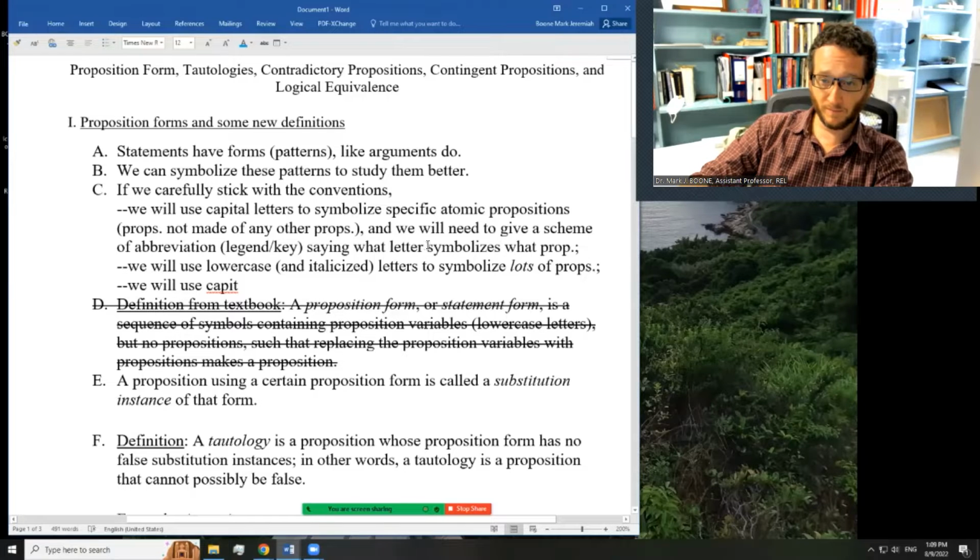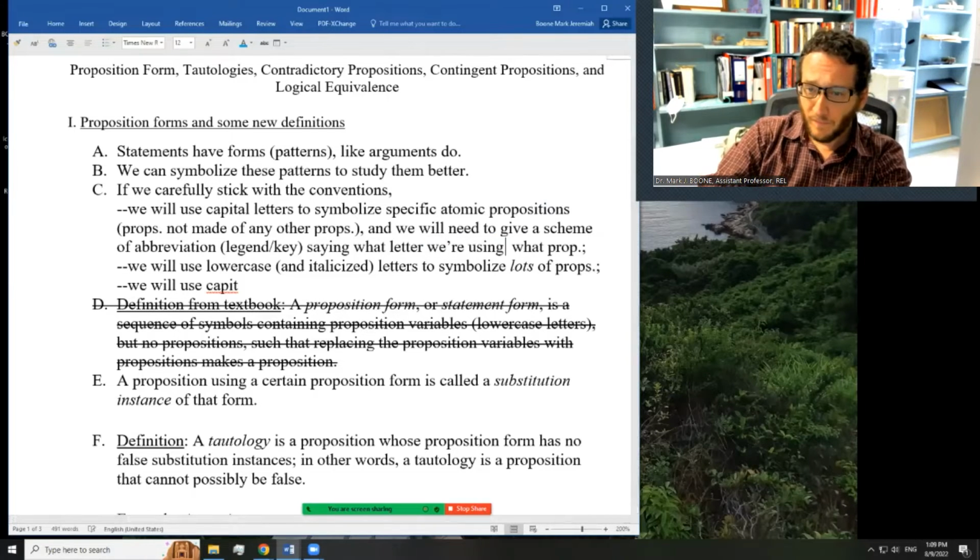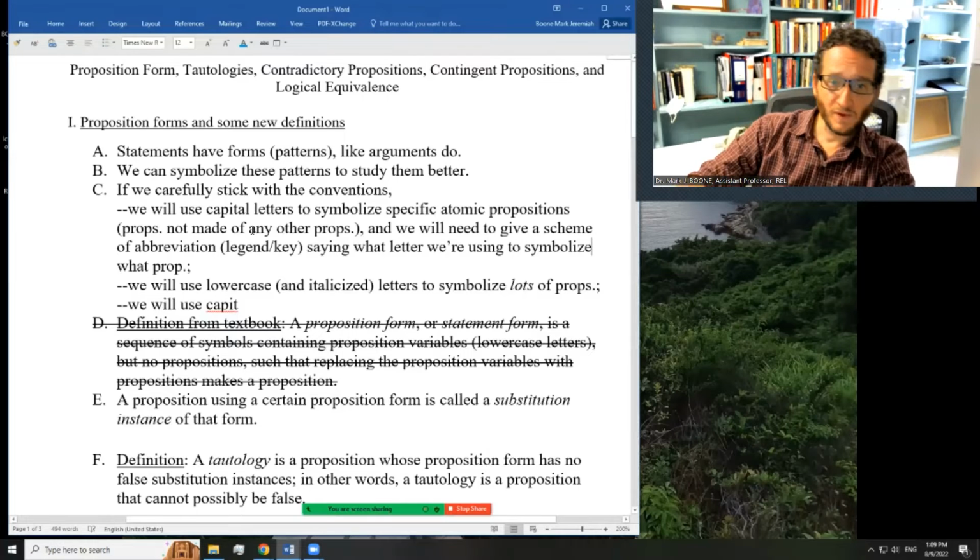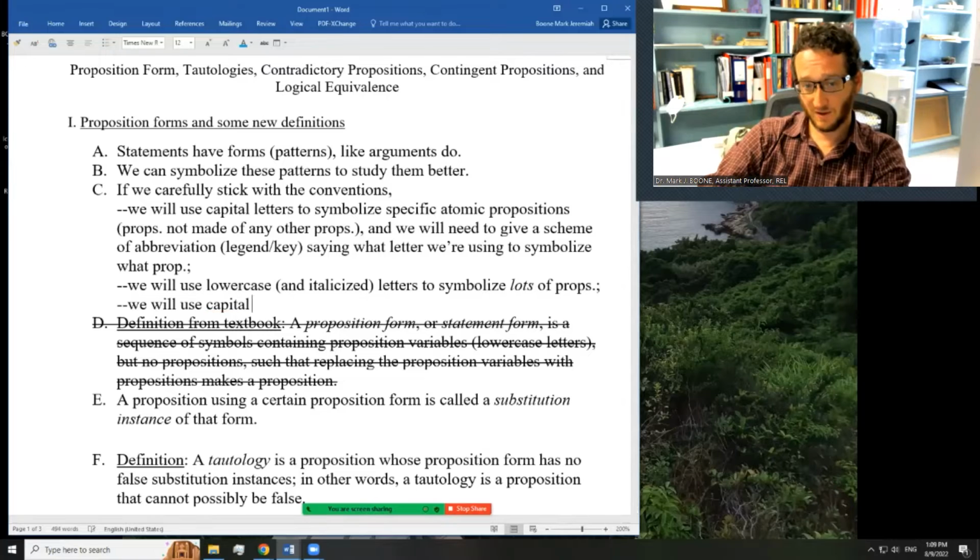And therefore, we will use capital letters on specific statements,